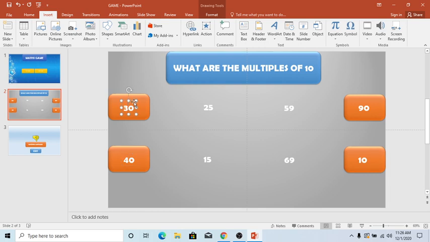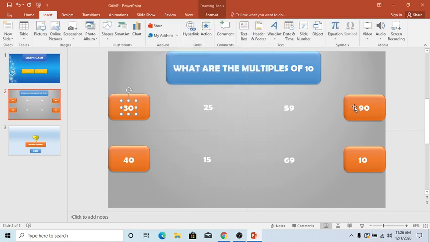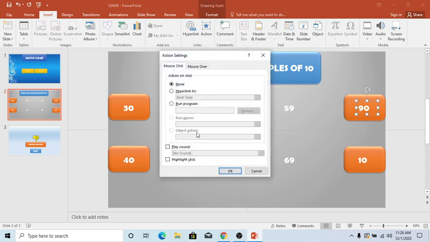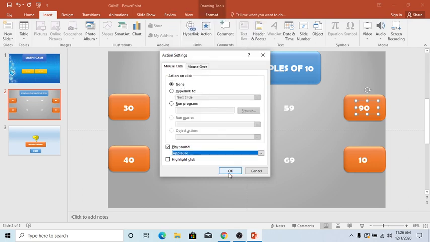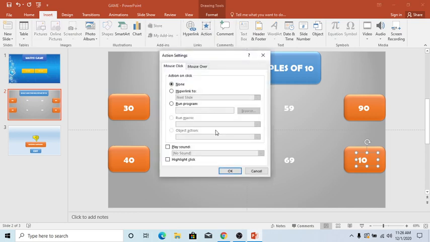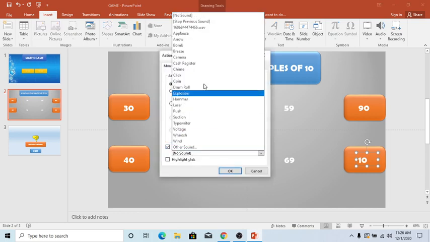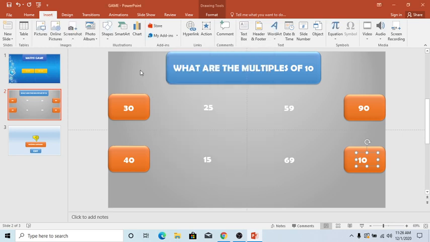Similarly with all the correct answers, I click on the number, go to Action, play sound, click on applause, and click OK. So now it is done.